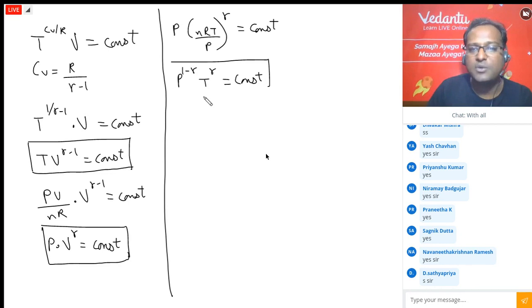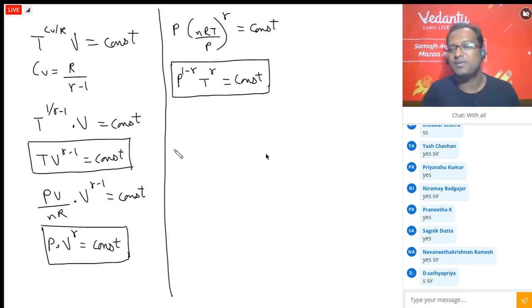These are the equations which are valid when a reversible adiabatic process is taking place. I remember it like this. PV to the power gamma is a constant. From this, I can easily convert it into this using PV equal to nRT, or I can even convert it into this using PV equal to nRT. Obviously, practice is needed so that you don't make errors.